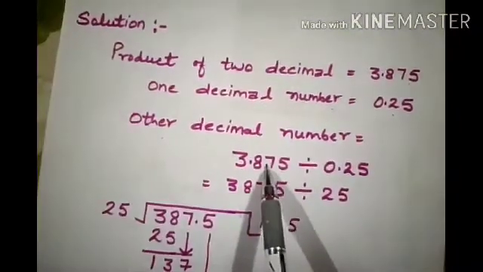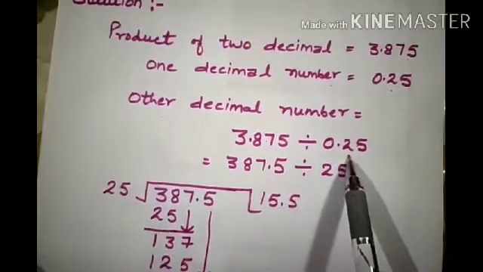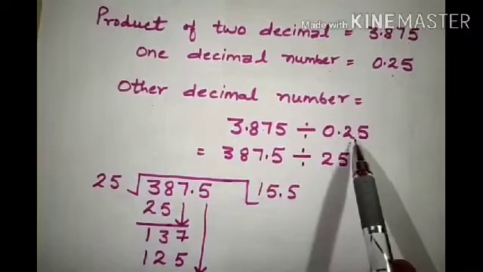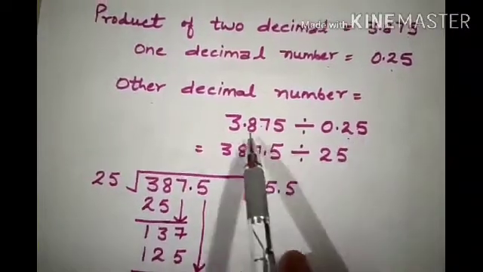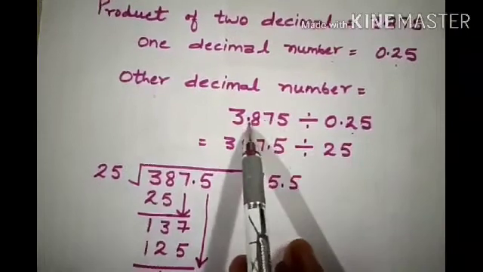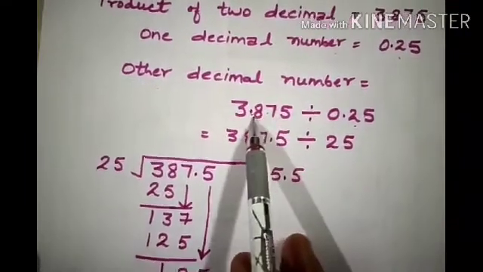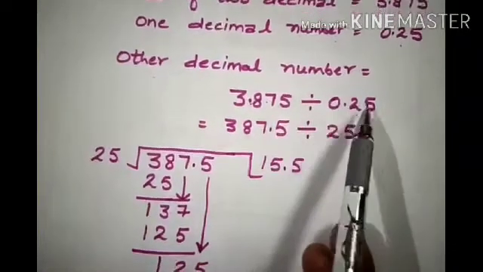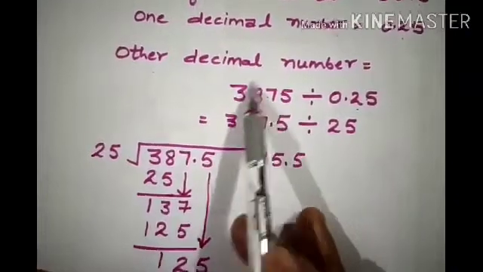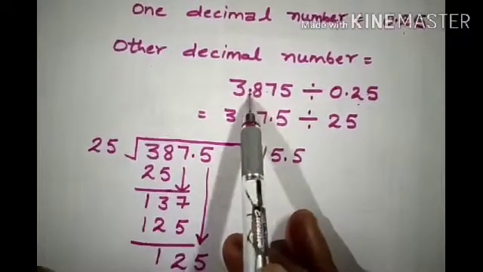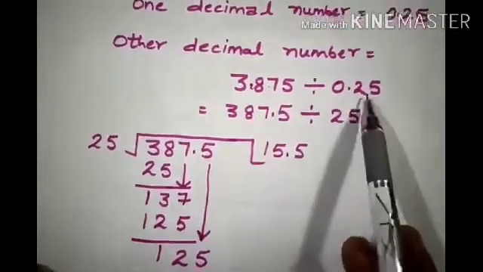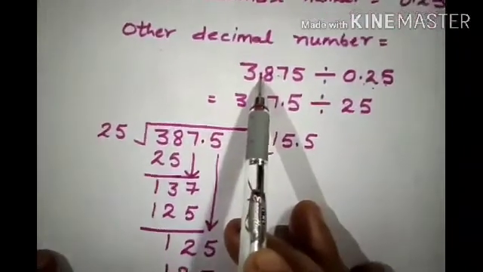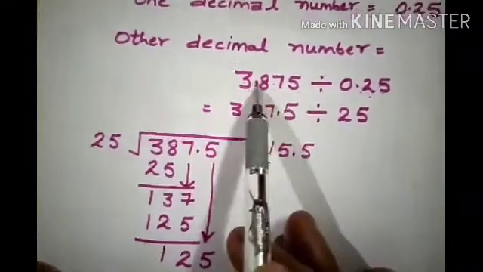In this question, the dividend and divisor both are in decimal form. So first of all, आपने क्या करना है कि you will check the divisor. In the divisor, the decimal is at two places. So we will shift the decimal in the dividend after 2 digits. ठीक है, 2 digit आपने शिफ्ट करना है. और किस साइड आपने शिफ्ट करना है, राइट साइड पे. ठीक है, फ्रॉम लेफ्ट टू राइट, राइट साइड पे आपका मूव होगा डेसिमल. तो देखिए आपका डेसिमल यहाँ पे है 3 के बाद. ठीक है, तो क्योंकि डिवाइजर में हमारे पास डेसिमल एट द 2 प्लेसेस, सो we will shift the decimal in the dividend from left to right 2 places.